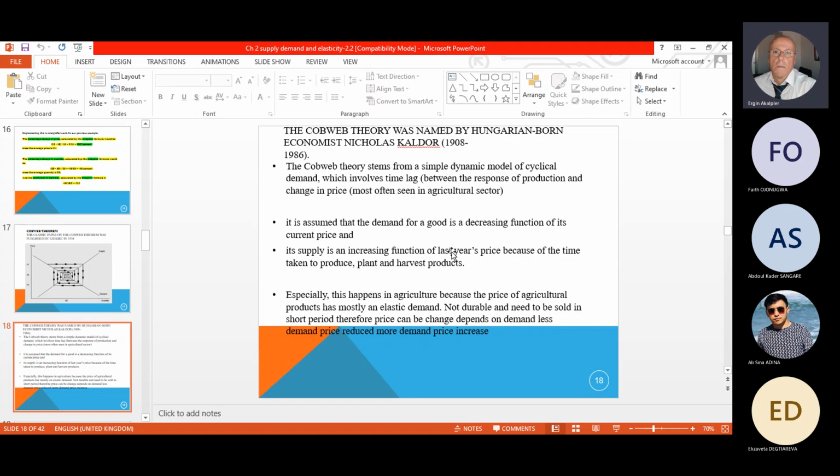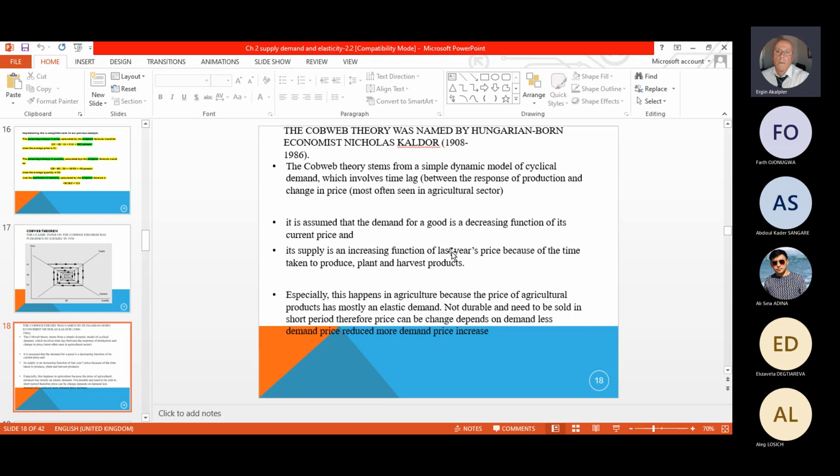And the supply is a function of the former year, because the former year's planting or harvest is affecting and changing the supply side. In one period, if the supply is less, then in the next period the supply becomes enlarged, because the farmers and producers depend heavily on these speculative activities,